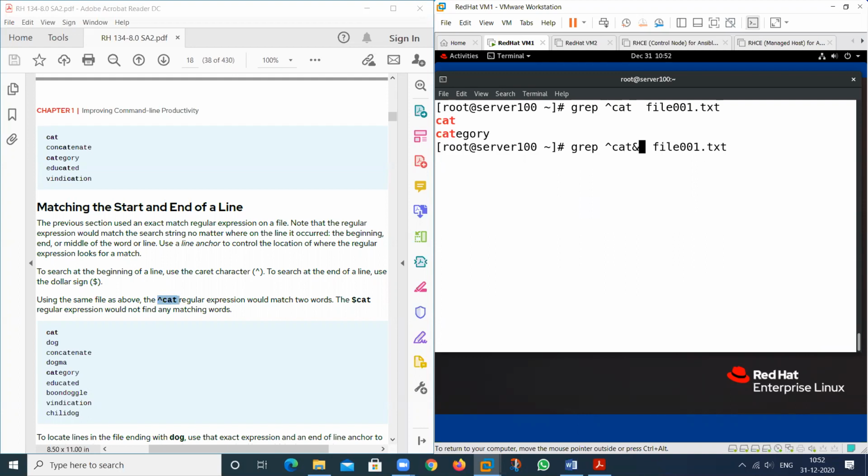So we use this particular thing. So this is the value. If I use this one, what is the result? So these are the examples related to this particular file.